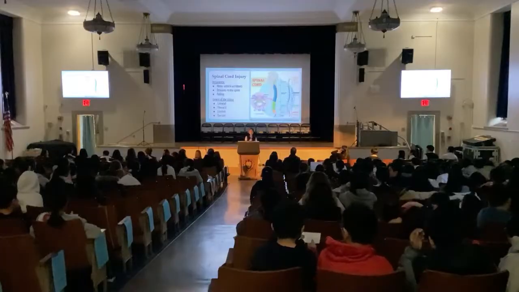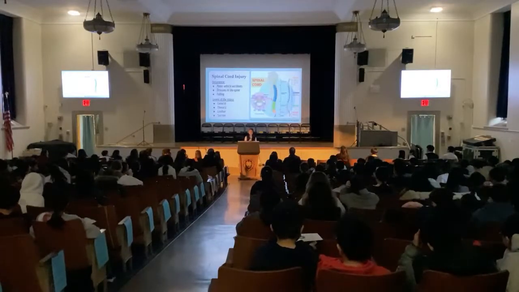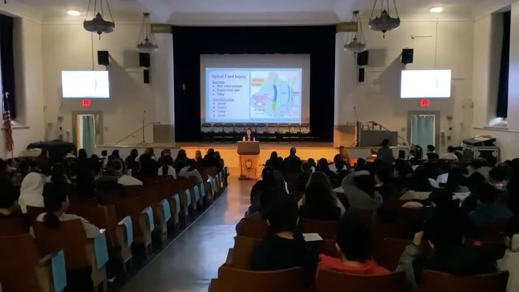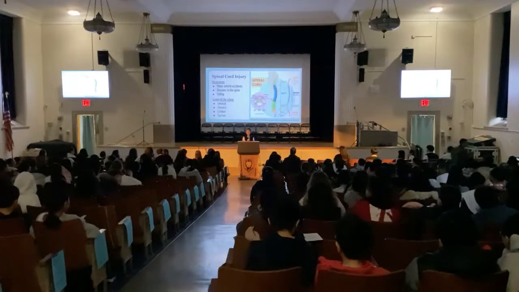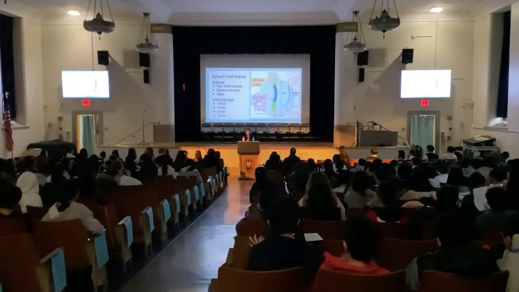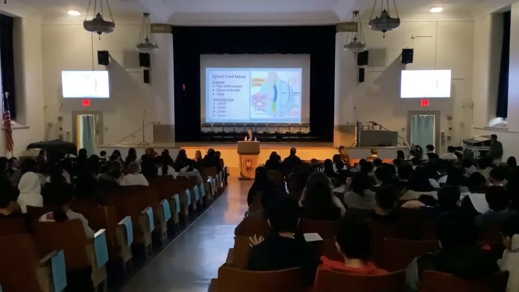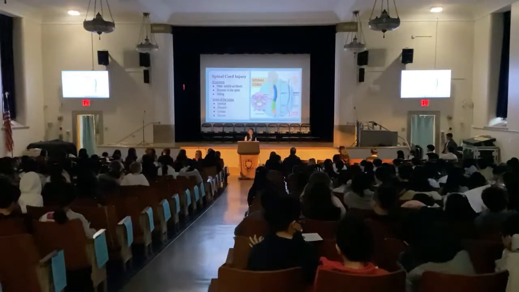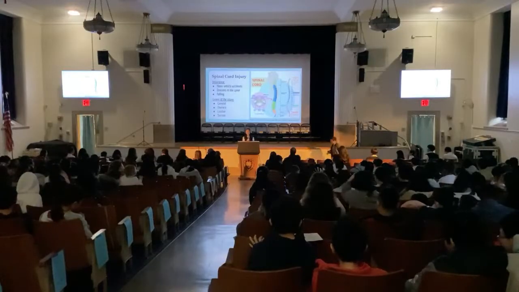Now we have to understand what spinal cord injury is. Spinal cord injury is damage in the spine that may occur through motor vehicle incidents, diseases in the spine, and serious falls. These factors contribute to weakening the spine and cause a loss of function in the body. This brings us to the levels of the injury. Most severe being cervical, then thoracic, then lumbar, and least severe being sacral.